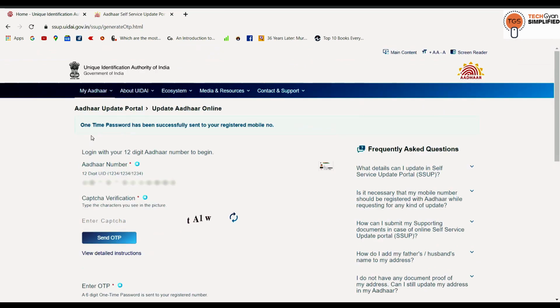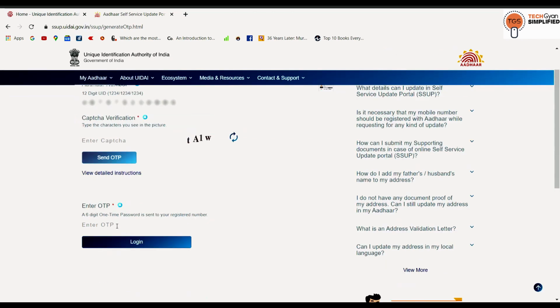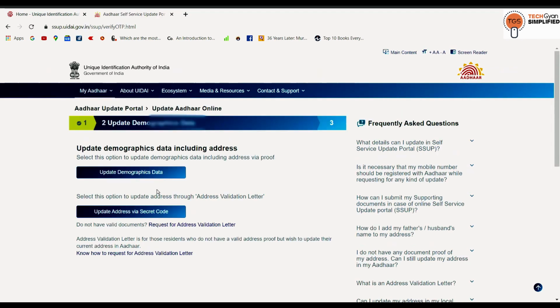So you will receive an OTP on your registered mobile number. So check your mobile and enter that OTP here. Let me write it down. Press on login. So here we are already logged in.